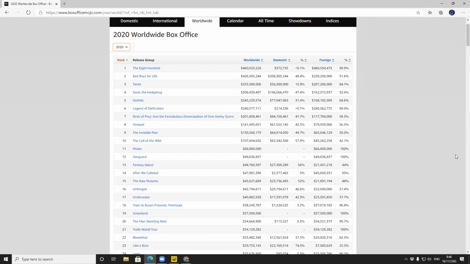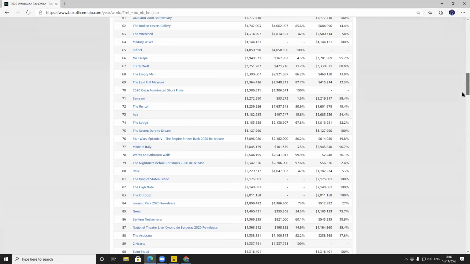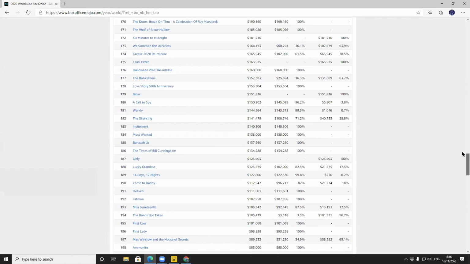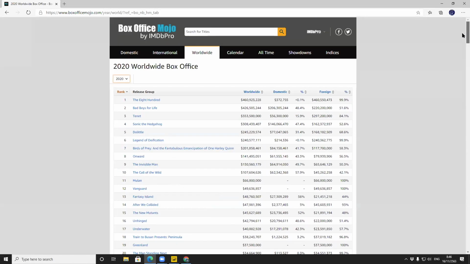So if you see the data that looks like a table like this, you can see that there are many records coming in with columns like this: rank, release group, worldwide, domestic percent, foreign percent. If the data looks similar to this, like a table,